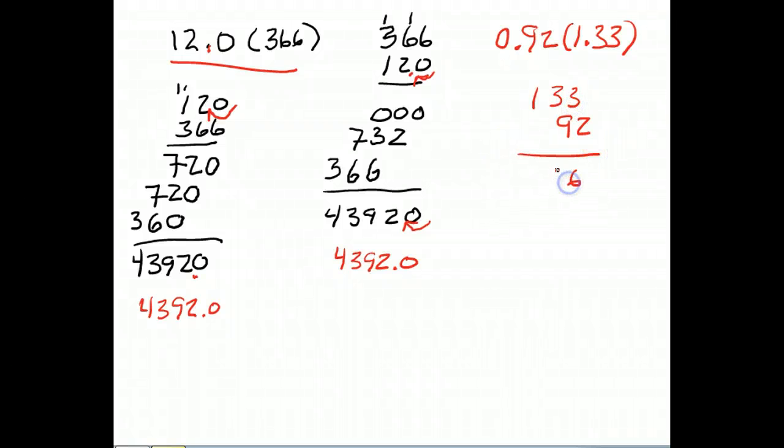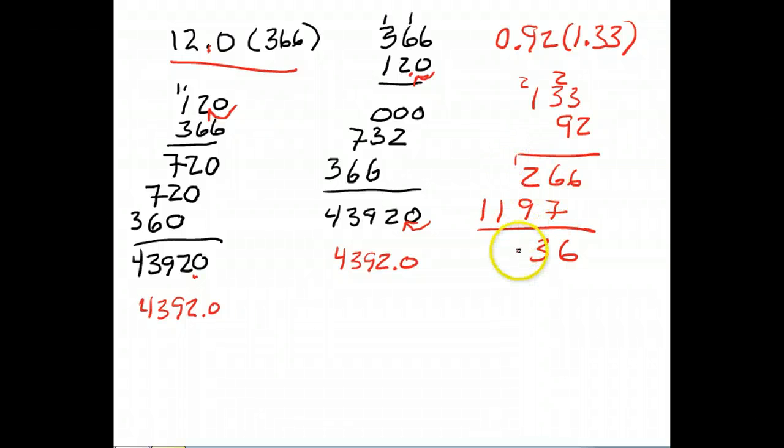We'll go ahead and do our multiplication. 2 times 3 is 6, 2 times 3 is 6, 2 times 1 is 2, 9 times 3 is 27, 9 times 3 is 27 plus 2 gives us 29, 9 times 1 is 9 plus the 2 gives us 11. Add all that up, and we're going to get